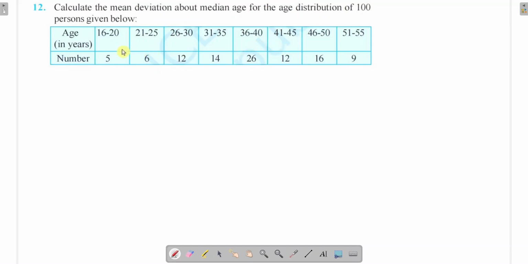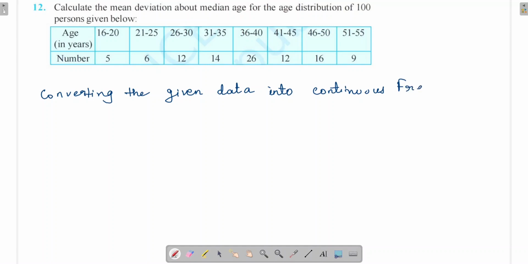Okay, so the data should be made into continuous frequency distribution. So converting the given data into continuous frequency distribution